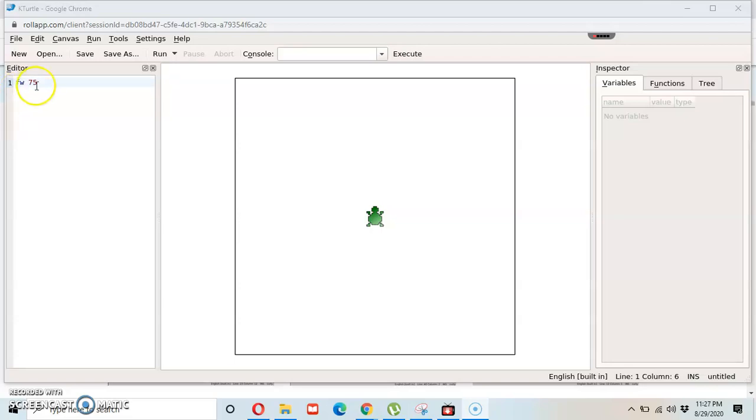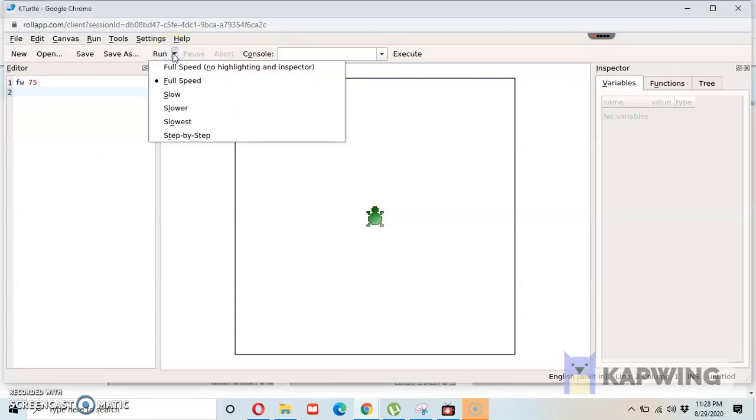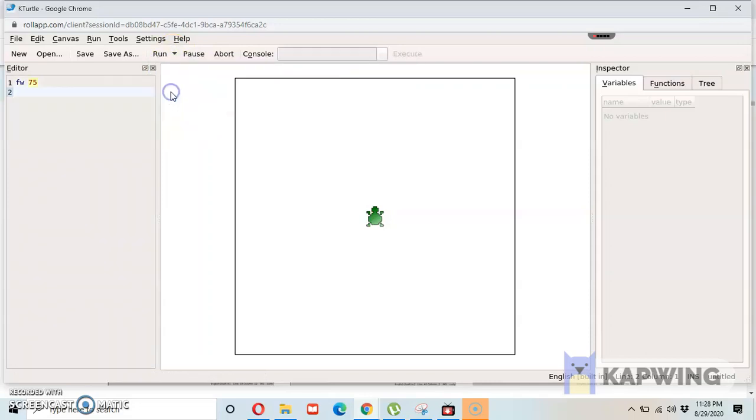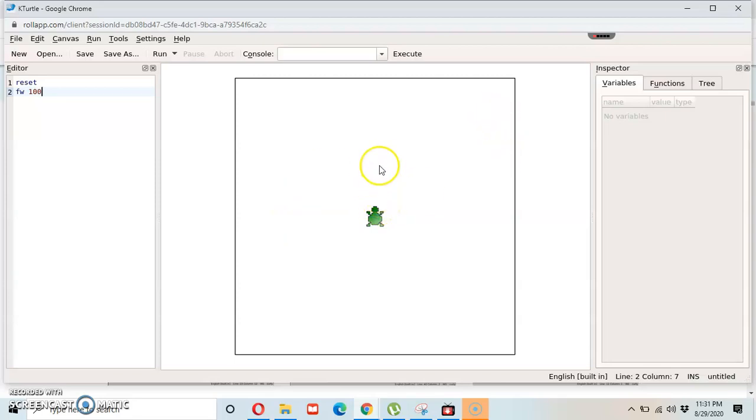Step 3 is type the number of steps. For example, the command FW75 moves the turtle forward by 75 steps and draws a straight line.